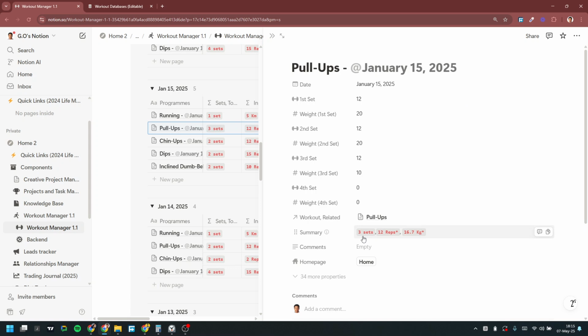That's when it shows 3 sets, and on average it's about 12 reps, and between each set I pulled up an average of 16 kgs. But when I open it, I do know the kilograms that I used overall. So the way I was able to,